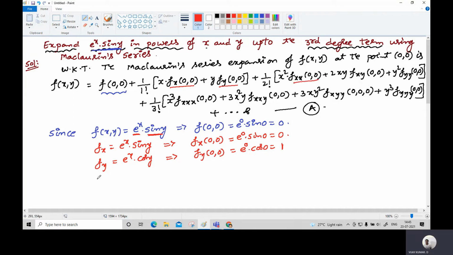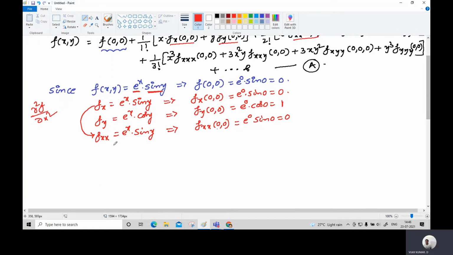F double x, which means the second order partial derivative. So look at the first order partial derivative with respect to x. From this we can obtain this one. You can take another partial derivative with respect to x again. This is nothing but dou square f by dou x square. Don't forget this one. Okay. So again the partial derivative of e power x with respect to x is only e power x into sin y. So you will get f double x at origin. First you have to find the respective derivative. After that, in that derivative you should replace the origin. Replace x by 0 and y also 0. You will get e power 0 into sin 0. Whenever we have sin 0, blindly replace it by 0.